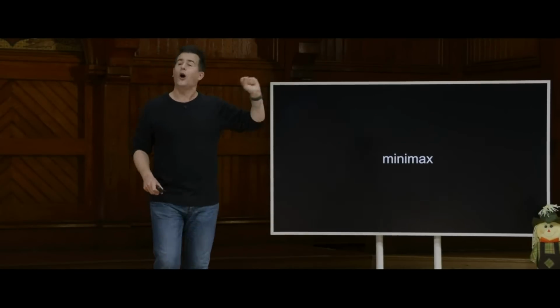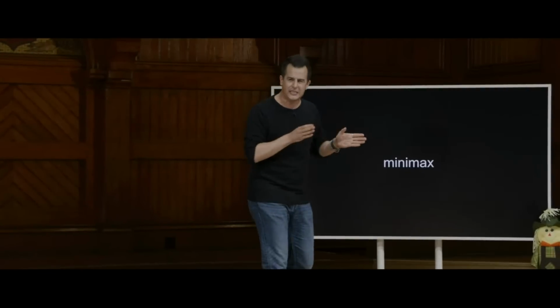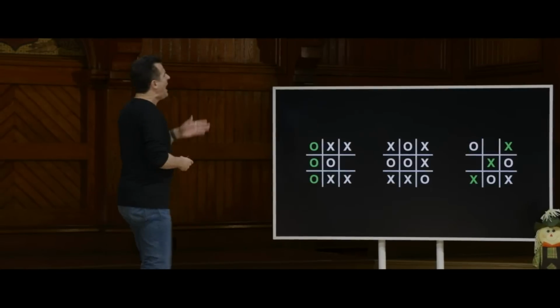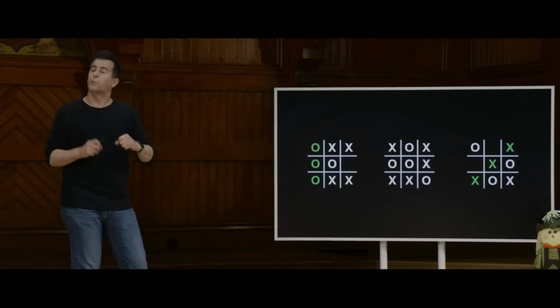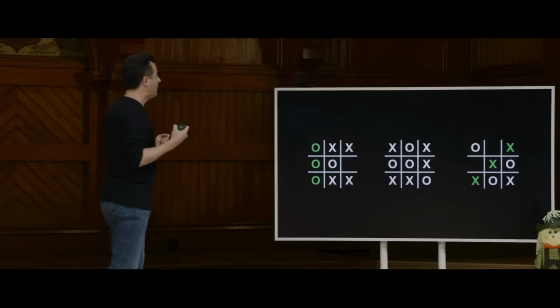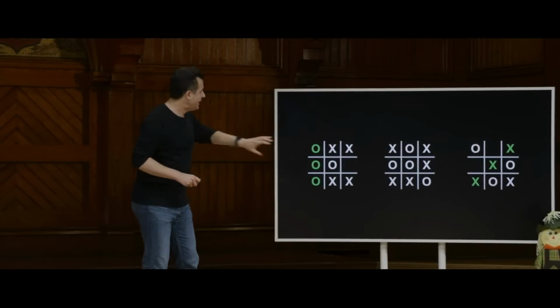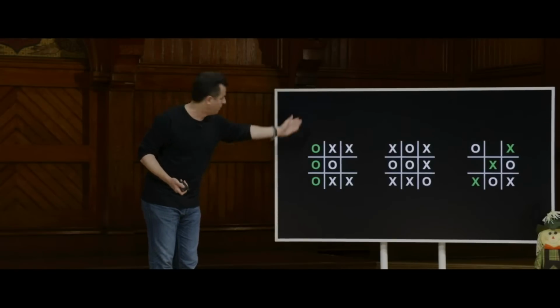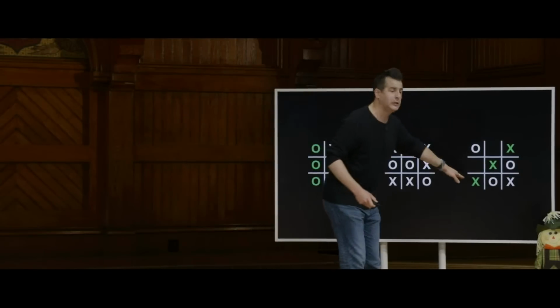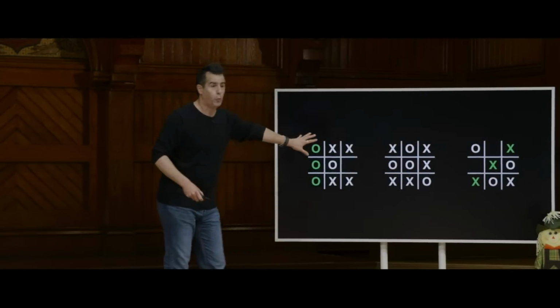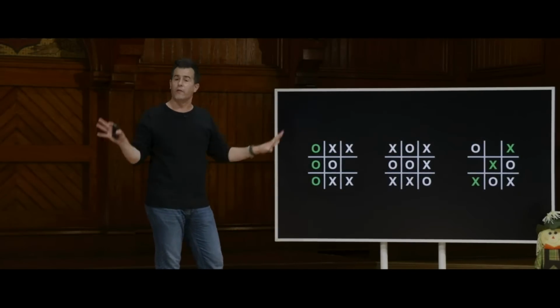So one of the first algorithms one might learn in a class on algorithms and on artificial intelligence is something called Minimax, which alludes to this idea of trying to minimize and/or maximize something as your function, your goal. And it actually derives inspiration from these same decision trees that we've been talking about. But first, a definition. Here are 3 representative tic-tac-toe boards. Here is one in which O has clearly won, per the green. Here is one in which X has clearly won, per the green. And this one in the middle just represents a draw. Now, there's a bunch of other ways that tic-tac-toe could end, but here's just 3 representative ones.